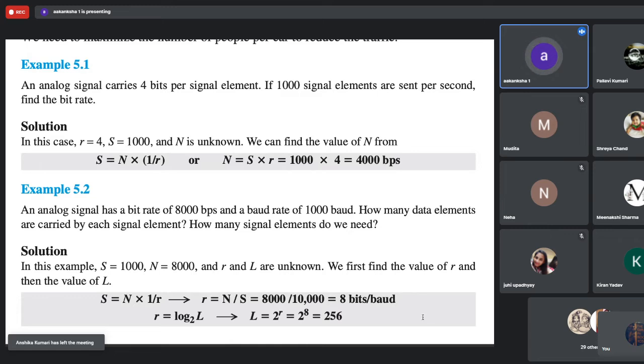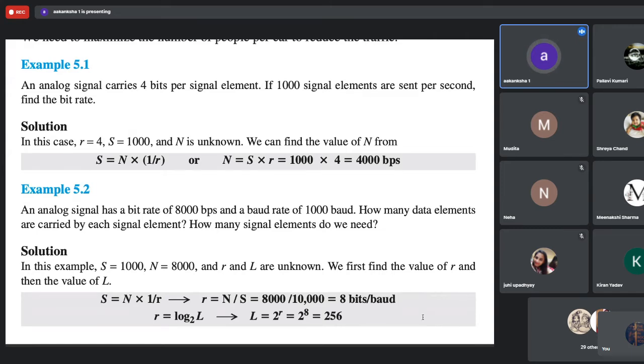So if we are increasing theoretically the number of bits per signal, suppose I say I am just increasing 8 to 9. तो मैंने कहा कि मैंने अब मेरा एक सिग्नल चेंज से 9 बिट्स चले जाएंगे, एक सिग्नल से ही मेरे 9 बिट्स चले जाएंगे. So how many different signal levels I will be needing? 2 raised to power 9. That becomes 512. So 512 सिर्फ एक bit of information per signal change अगर हमें change भी करना है